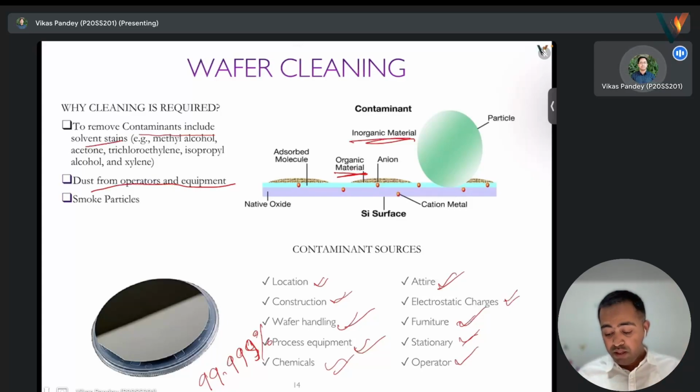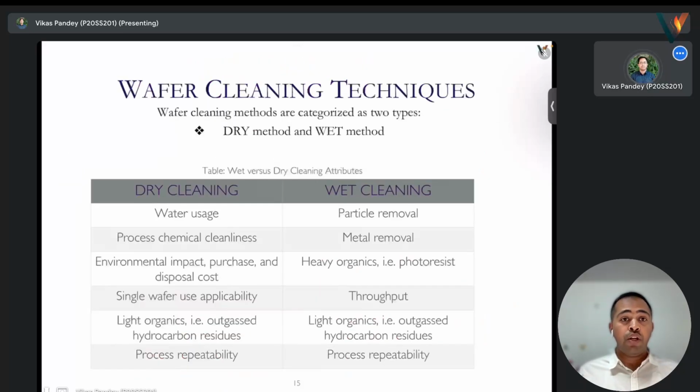Okay, the operator itself, humans are the best source of contamination. Okay, so they can also contaminate the source. So, in general, wafer cleaning is divided into two types, dry cleaning and wet cleaning. So very obvious that in dry cleaning,